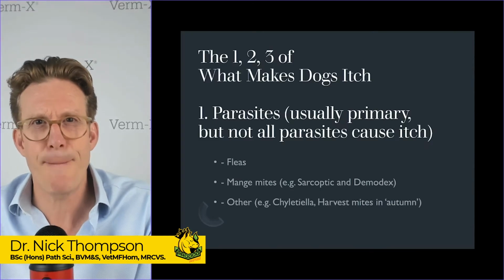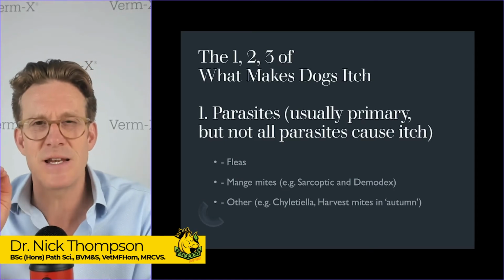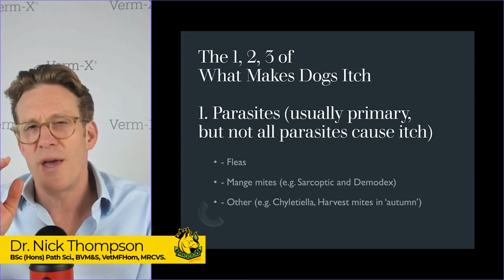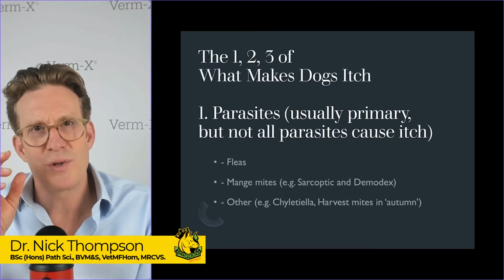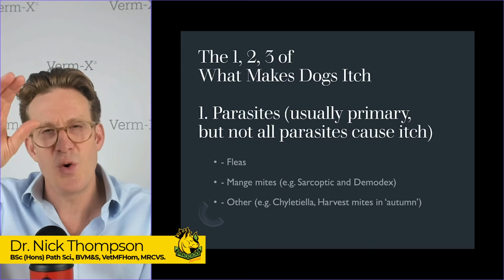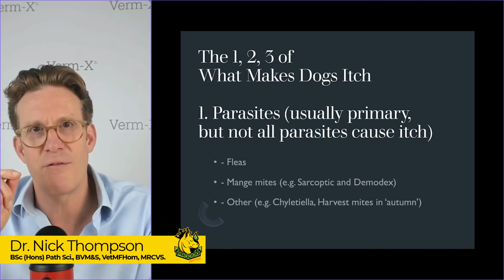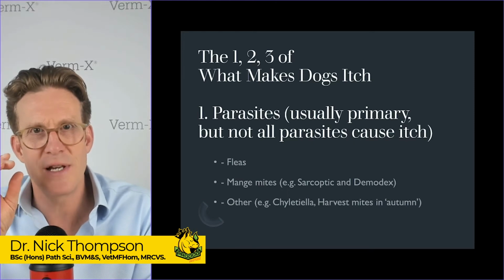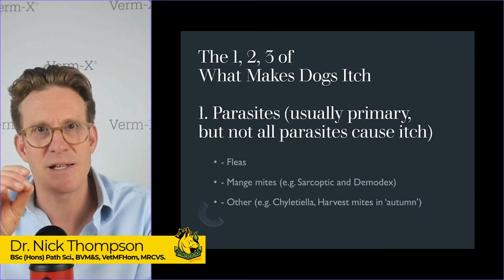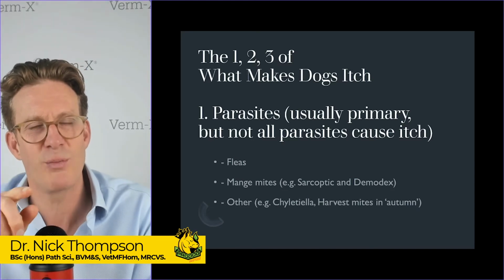Okay, so there are 3 major areas that make dogs itch. 99% of dogs will be in these 3 major categories. And it's really important to realize that you could have a foot in each camp. So if you're dealing with itch, you don't just treat one thing at a time. I'll talk to you about that at the end once we've gone through it, but it's really important to realize that